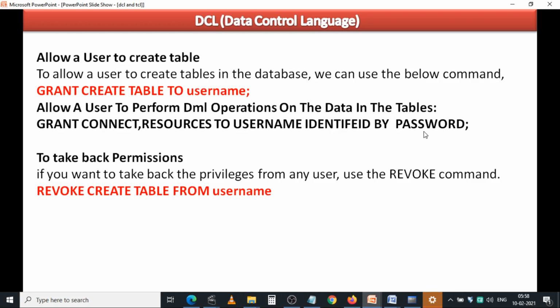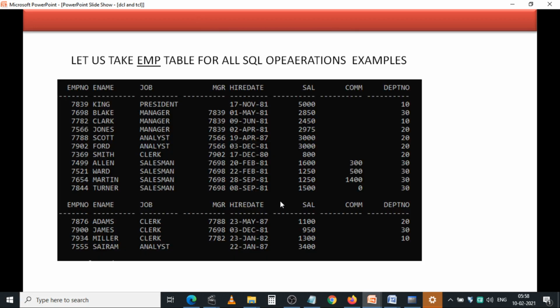Likewise, it is the DBA's responsibility to provide all the privileges or access permissions to the user. And to take back the permissions we are using the revoke command. If you want to take back the create table permission from the username, you use revoke create table from username. Okay, so let us take one important EMP table example for all other operations.